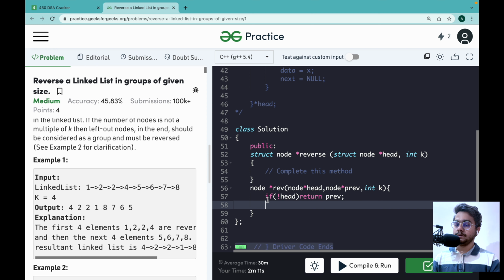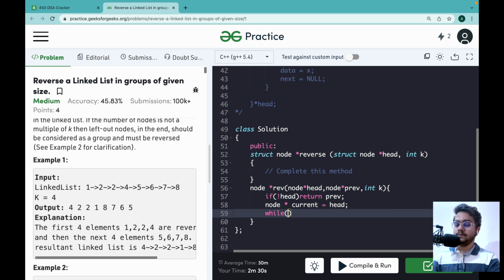Now what we want is to first create a loop, take a node pointer current that will point to the head, while current is true and count is less than k. Int count is going to be 0 here.